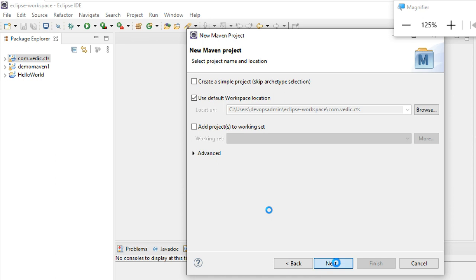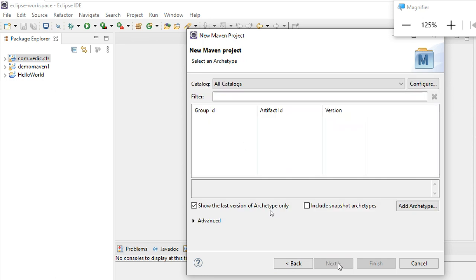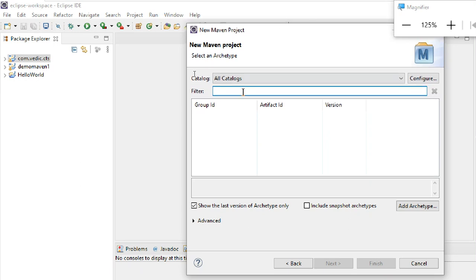Otherwise you can change the place also if you want. I didn't check this one, so I leave it like that only. So all categories here. It will show the group ID and artifacts automatically. You have to check with certain things.